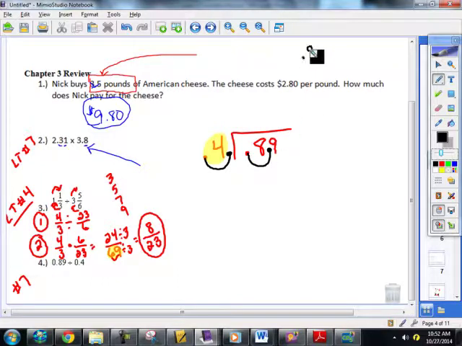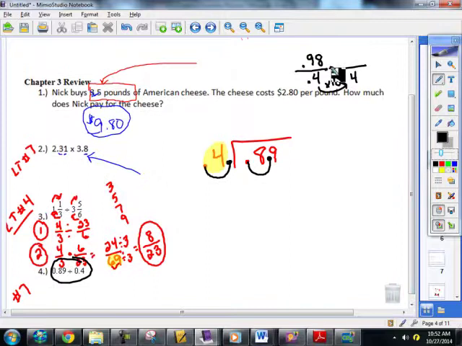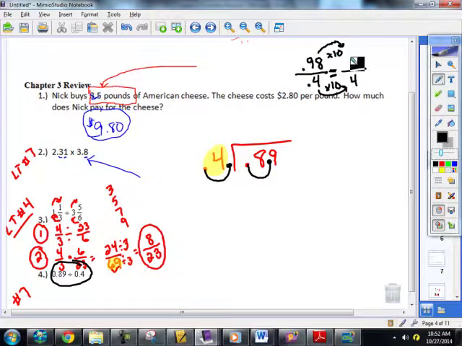Now, real quick little refresher. Why can we do this? Okay, remember all fractions are division problems, and it goes the other way too. All division problems can also be made into fractions. Okay, since I know that my divisor became 4, I moved it one place to the right, that means that I'm multiplying by 10. Now, the definition of equivalent or equal fractions says this, you must be doing the same to the bottom as you do to the top, or vice versa. So we must do times 10 up here, and you get 8.9. Remember, times 10, you move it one decimal place to the right. If it was times 100, we move it 2 places to the right. So now we've created an equivalent fraction, as you can see by the equal sign,